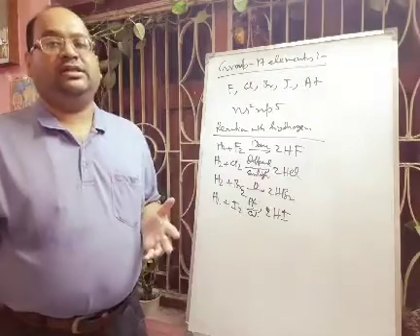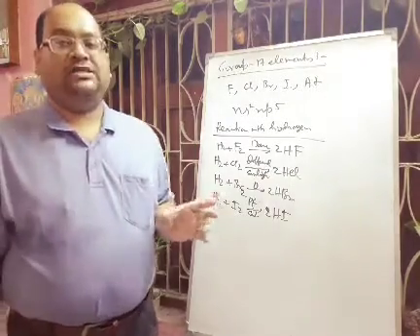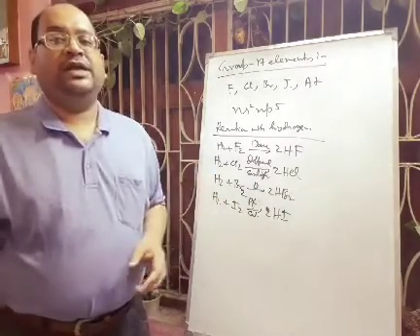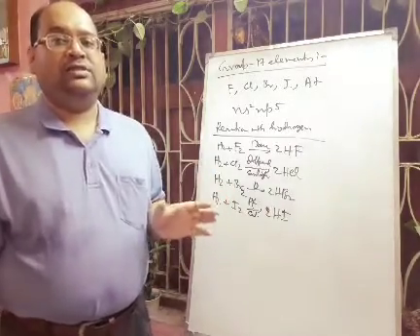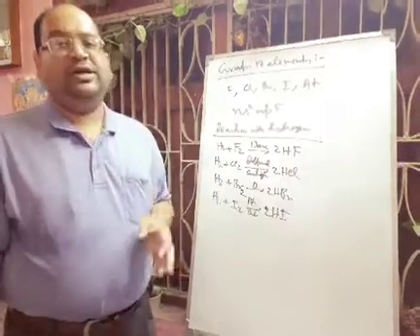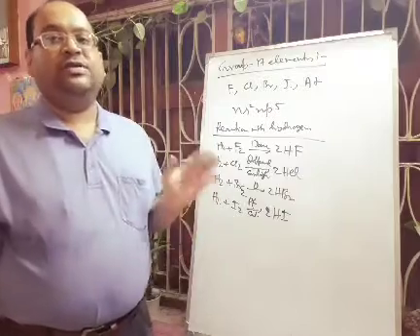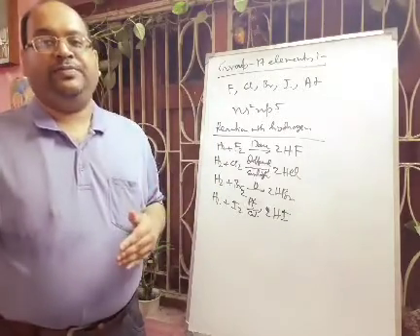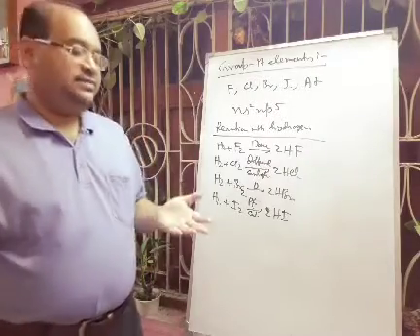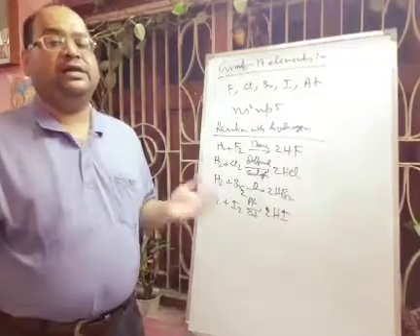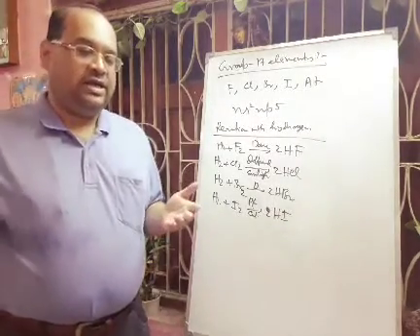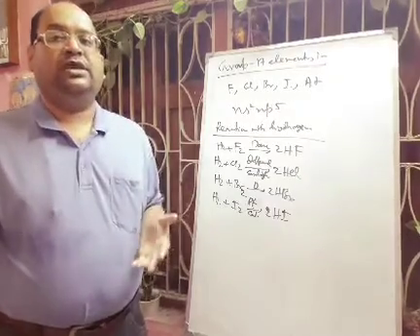Next one is the bond length. HI bond length will be the highest because of the higher atomic size. HI bond length will be around 160.9 picometer, and HF has the lowest bond length, that will be 91.7, because of the smaller size. So bond length increases from HF to HCl to HBr to HI, and then bond dissociation energy will be what order? Definitely HF has the highest bond dissociation energy, and HI will be the lowest bond dissociation energy. So the bond dissociation energy order will be HF, then HCl, then HBr, then HI.